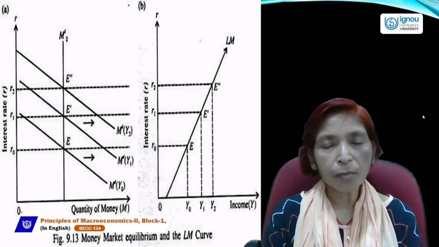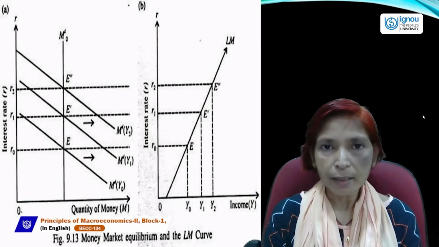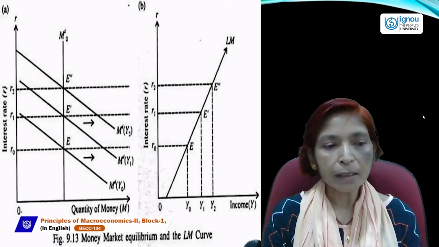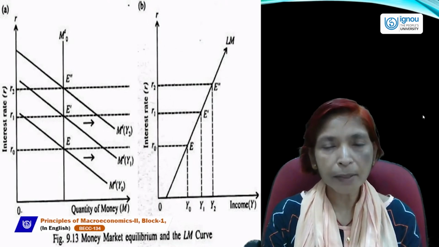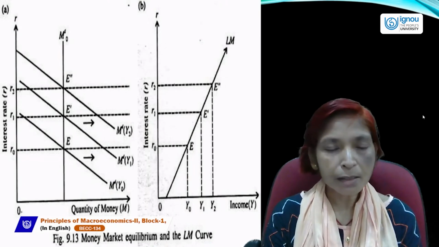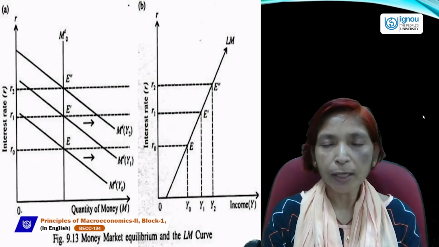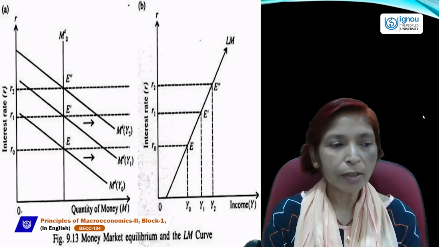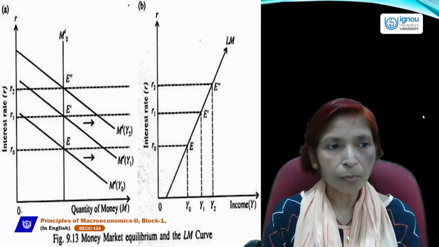As money demand rises, the curve will shift to the right-hand side. Here is the new equilibrium point when money demand increases, but money supply can't increase because money supply is a stock concept and it always remains constant, a vertical curve parallel to the y-axis. So if money demand increases, the equilibrium point will change from E to E dash. At this equilibrium point, the rate of interest will be R1 and the quantity of money will remain the same because